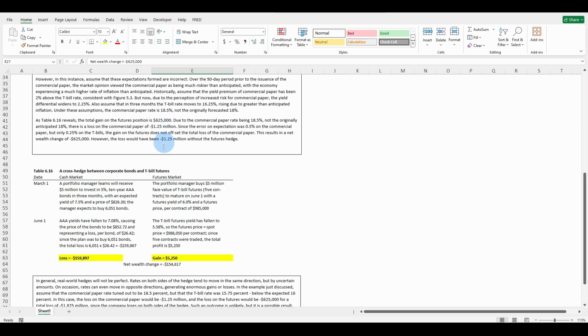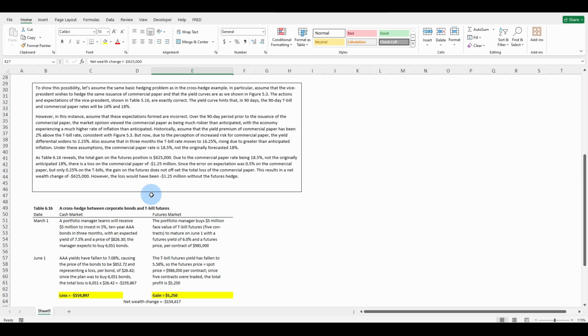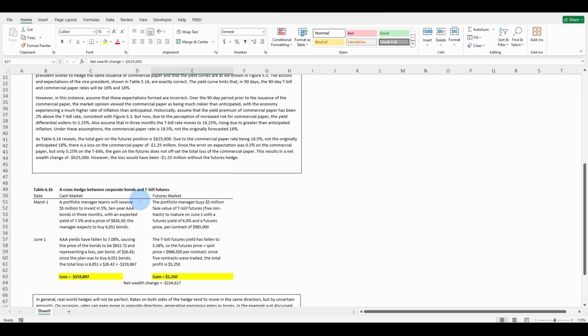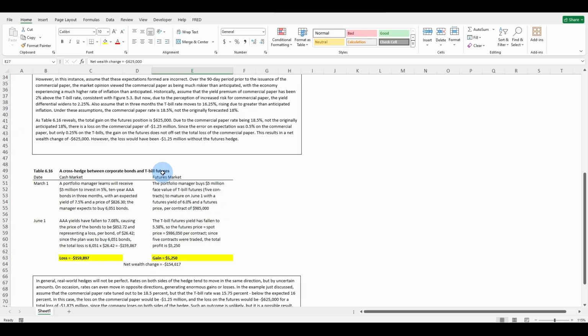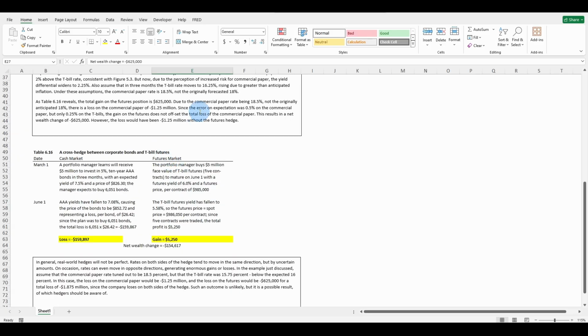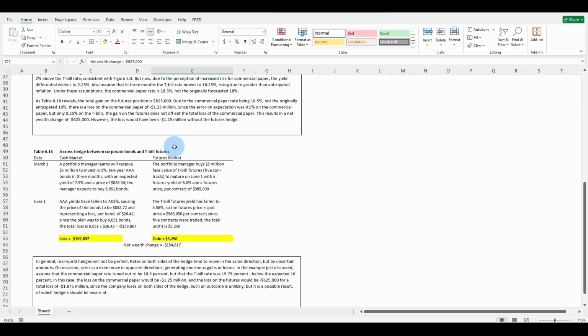So again, when you start messing around with these strategies, you can see it's not just simply making some assumptions and what have you. It's an ongoing process and evaluation on a daily basis. And remember, tailing the hedge, always keep that in mind. You might need to make adjustments on a daily or weekly basis.